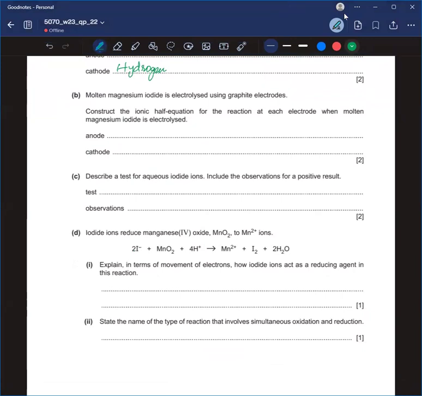Okay, so now we have molten magnesium iodide, which is being electrolyzed using graphite electrodes. As it is molten, no water is present. Here we have to construct the ionic equation. For that, we need to know what we will be getting at the anode and cathode. As there is no water, we have magnesium and iodide. So at the cathode, I'll write first, we'll have